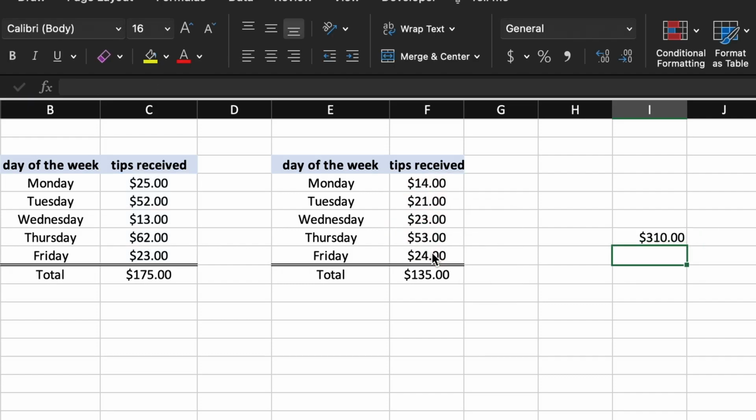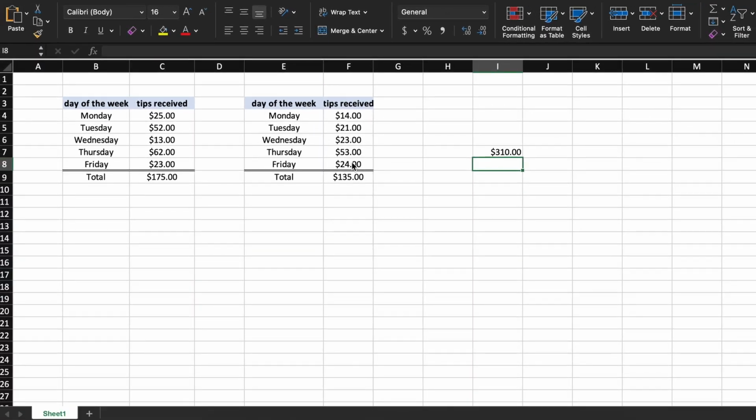And that's it. You should now have a solid understanding of how to use the sum function in Excel. This is a great tool to have in your Excel toolbox that can save you time and help you work more efficiently with numbers. I hope that this video helped your understanding of how to use the sum function within